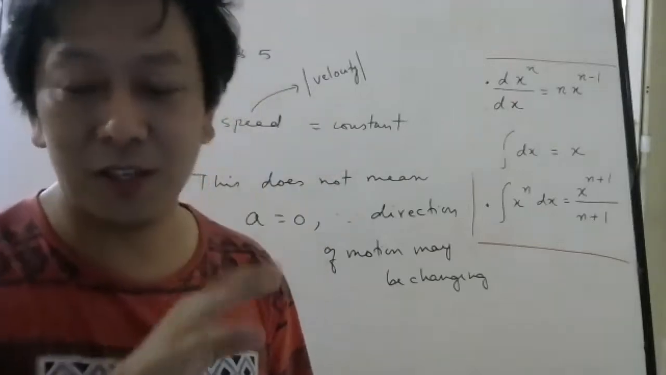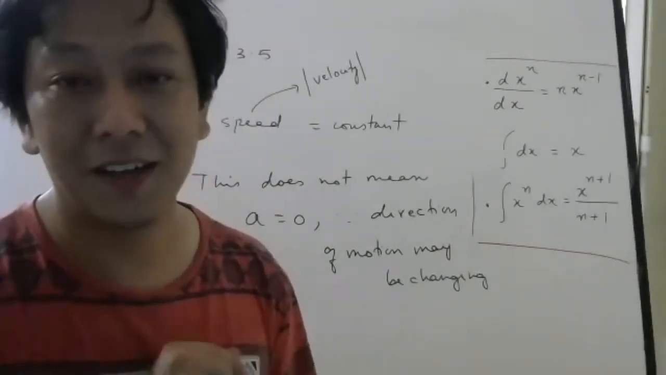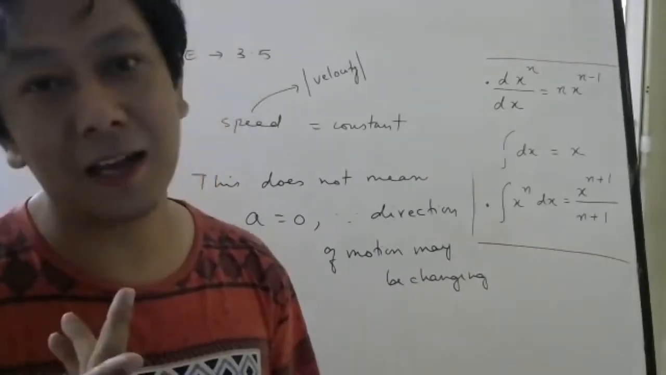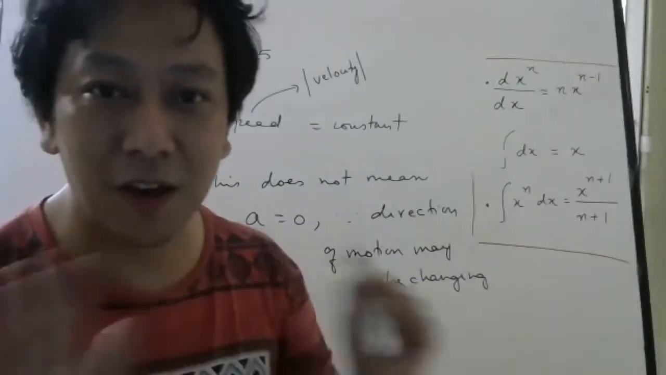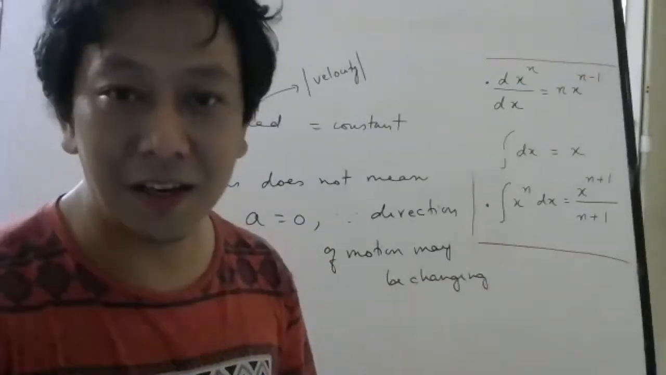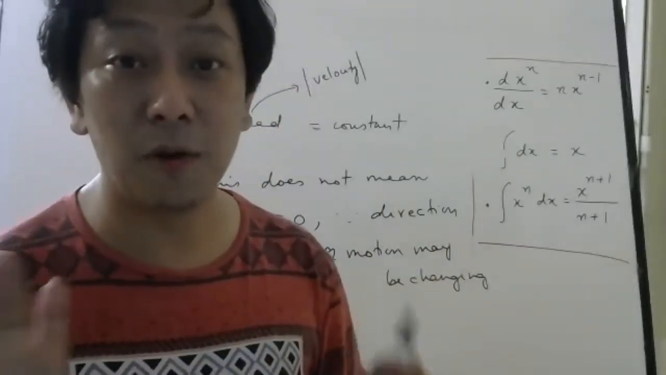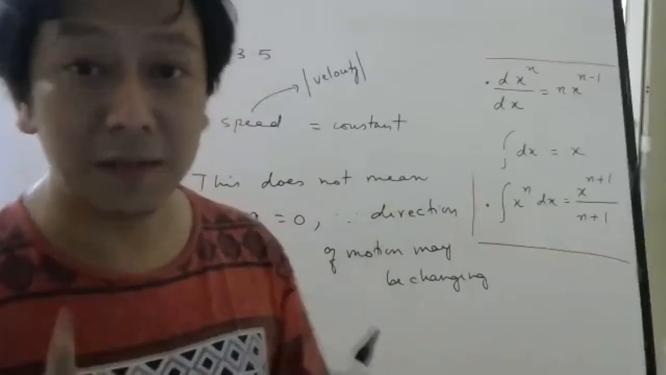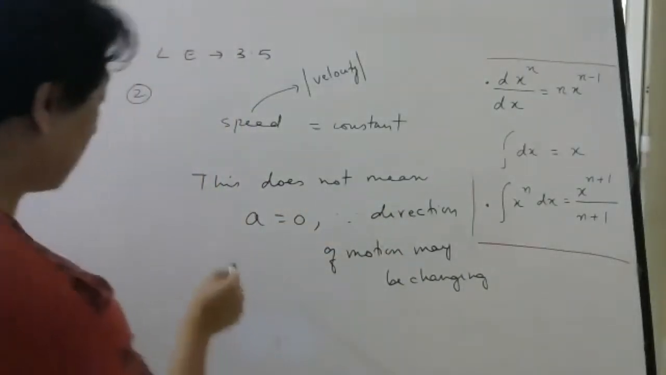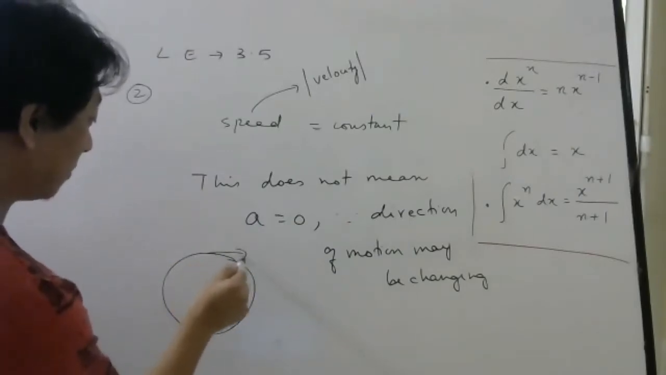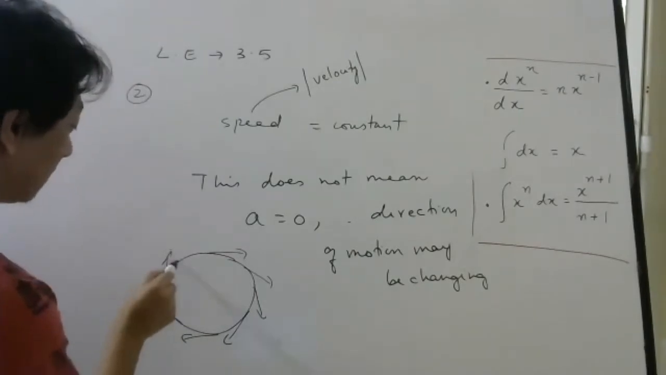In the previous question, they told velocity is constant. Velocity is a vector. So if a vector is constant, then I know direction is also constant, magnitude is also constant. So velocity will not change, so acceleration will be zero. But if I say speed is constant without telling you about direction, then please remember, it doesn't mean acceleration is zero. For example, in circular motion, your speed may be constant,